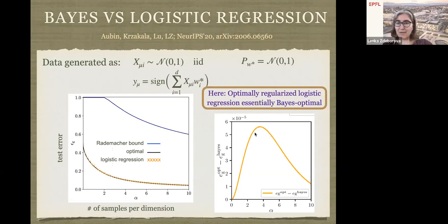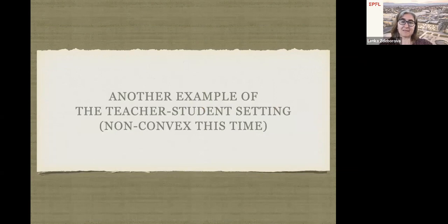Since you have the formula as a function of one variable, you can evaluate it very precisely and see that there is a difference of the order of 10 to the minus 5, which in practice is probably completely irrelevant. It's not equal theoretically, but it's very close. So in practice, you'll be super happy to run logistic regression in this case, and you don't need anything more fancy. So that's a special case.